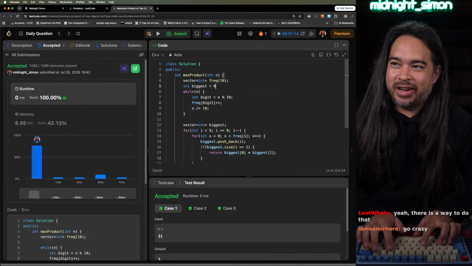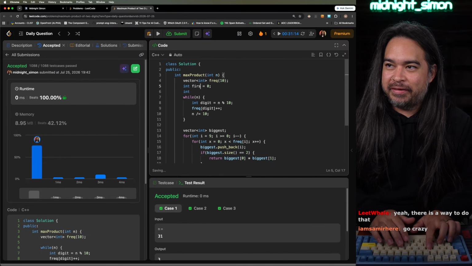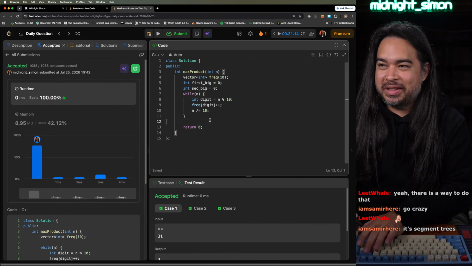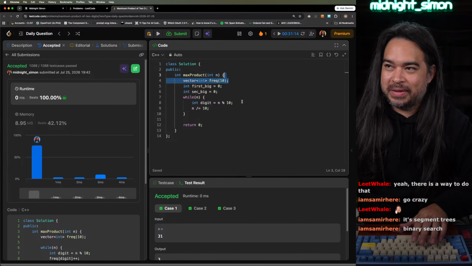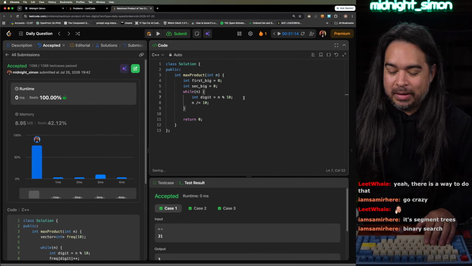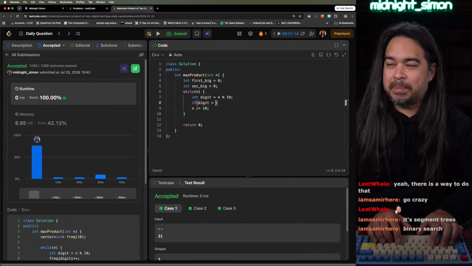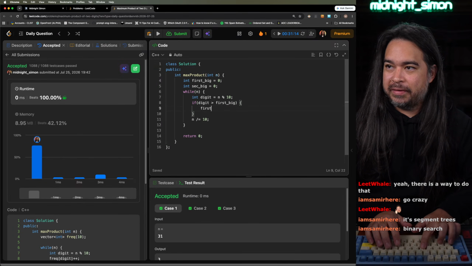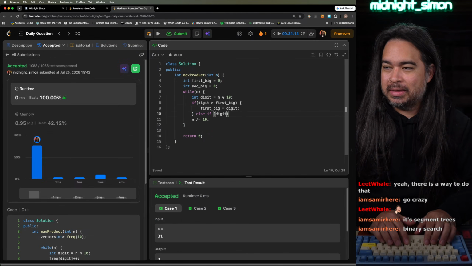We can also... Alright, let me do it by remembering the top 2. I'm gonna say first big and second big. Alright, let me erase this and then we'll just go for the top 2 biggest numbers that we see. So, alright, if this digit is bigger than the first biggest, then we should just replace the first biggest with the digit. But if this digit is